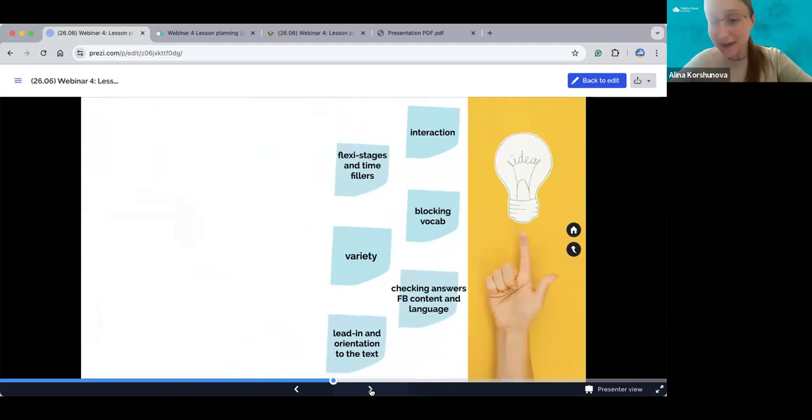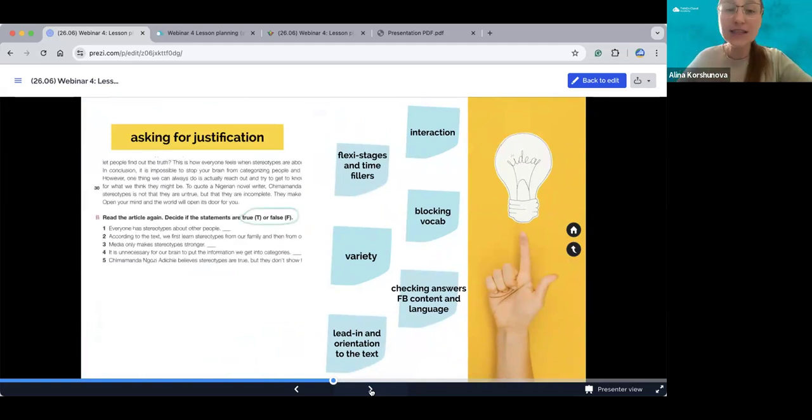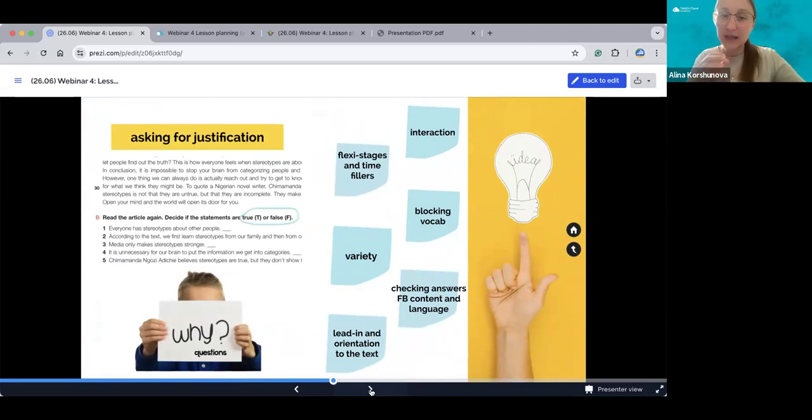And of course, finally, something that should be planned for such types of lessons, and we do skip that very often. I sometimes skip that. Make sure that you check answers, and more importantly, you ask for justifications. Asking for justifications, what I mean here is that when you do true or false, our favorite activity, and you check the answers, you always need to ask your students why that is true and why that is false, where in the text you can find it,